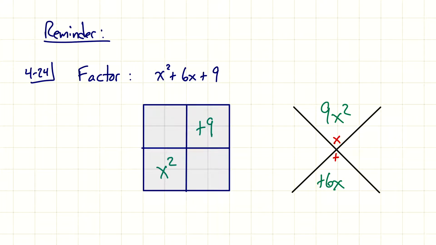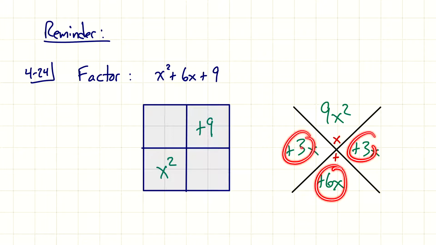So I think positive 3x and a positive 3x. You'll notice I still write, even if it's positive, I still make sure to include that sign. It'll make things a lot easier when we start to have positives and negatives. Trust me, it's worth it to put the extra little plus. All right, so 3x plus 3x is 6x, and 3 times 3 is 9. Perfect. So I'm going to put those in the area model,